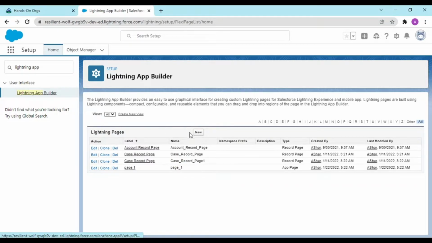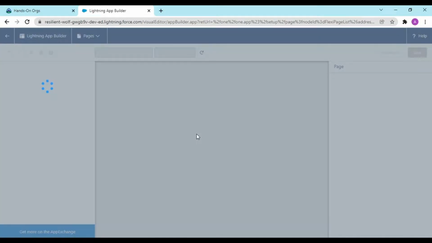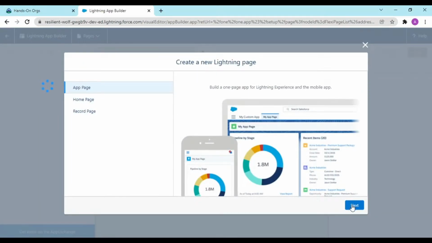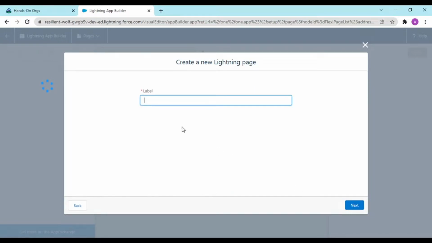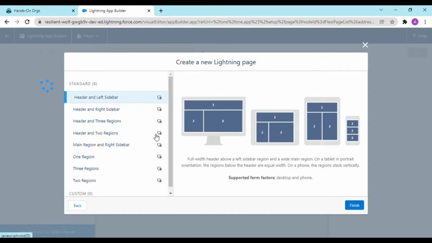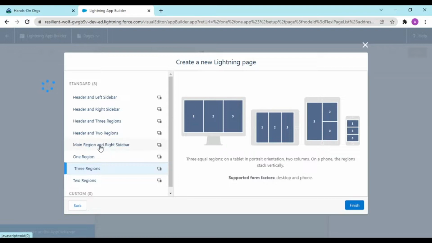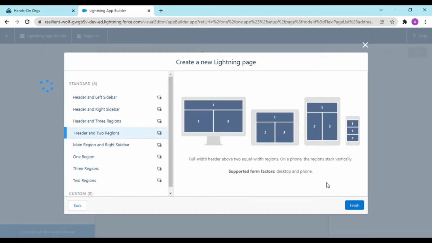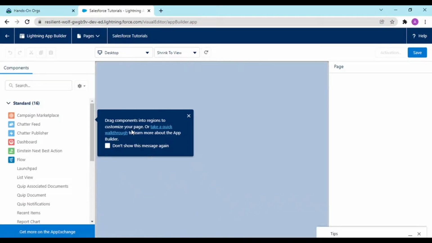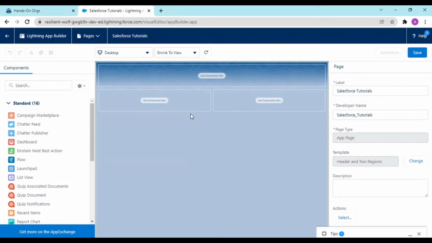and in your Lightning App Builder you would be creating first of all a page, and why that is necessary I'll explain to you later. So go with the app page and give this the name Salesforce tutorials. Okay, next, and I want to have three regions. Okay, I would be going with the header and two regions, and okay, I would be saving this,